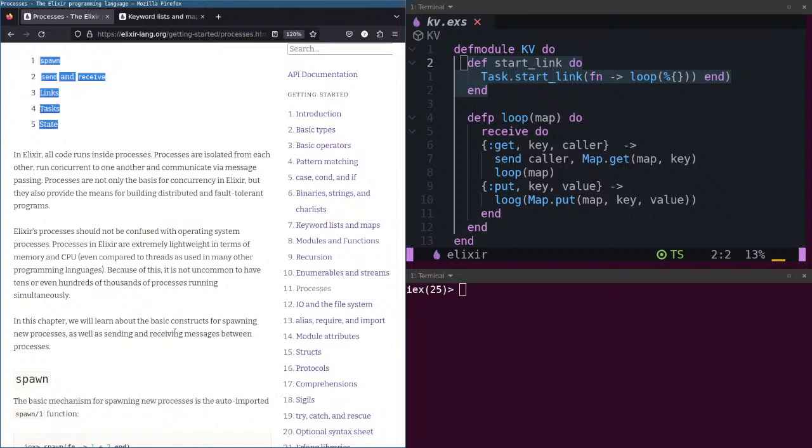Processes are isolated from each other, run concurrently to one another, and communicate via message passing. Processes are not only the basis for concurrency in Elixir, but they also provide the means for building distributed and fault-tolerant programs. Elixir's processes should not be confused with operating system processes. Processes in Elixir are extremely lightweight.